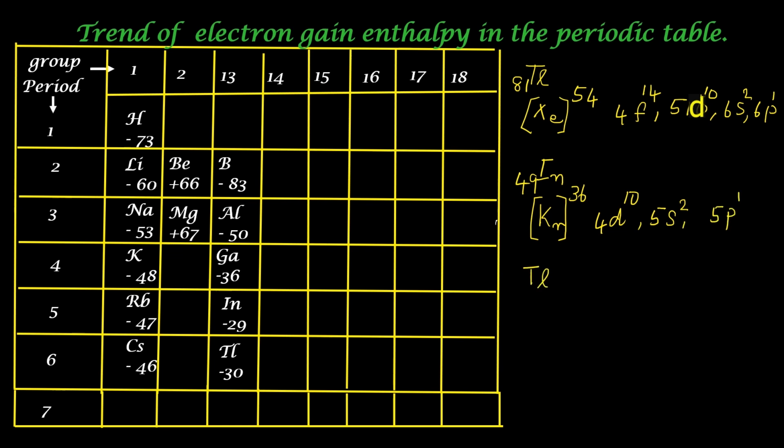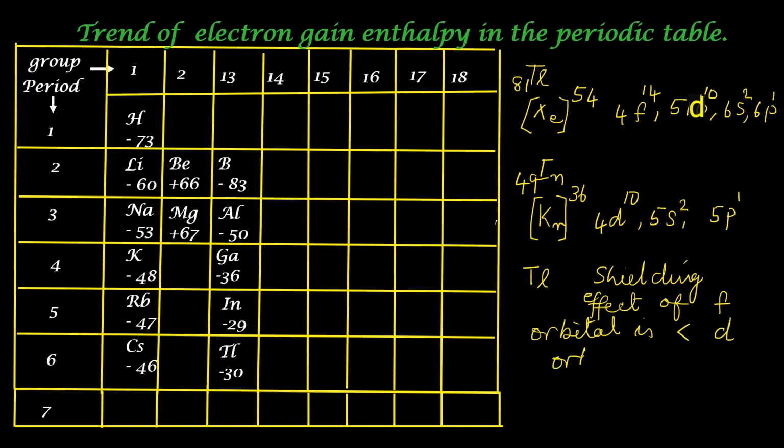The shielding effect offered by the f subshell is much less than that of the d subshell. So in thallium, when an additional electron is added, the f subshell offers less shielding effect. So the nuclear attraction on the incoming electron will be more. So it readily accepts the electron. When compared with that of indium, where the d subshell offers more shielding effect, it is more difficult to